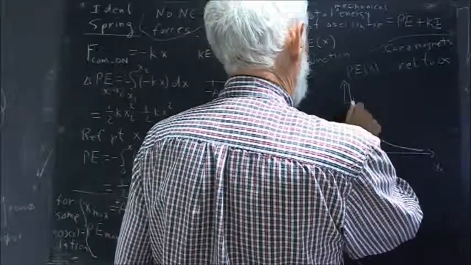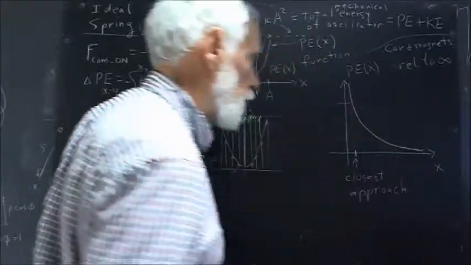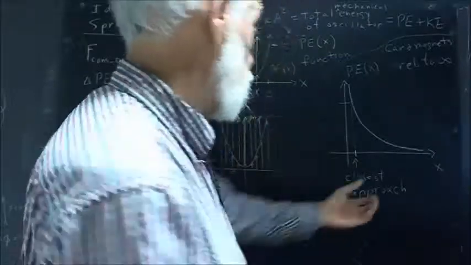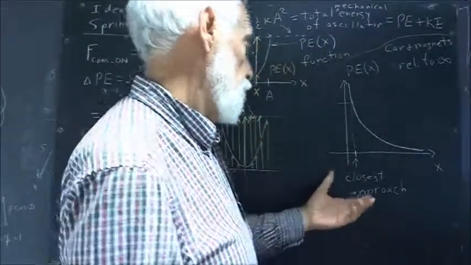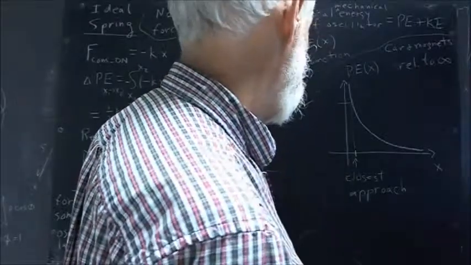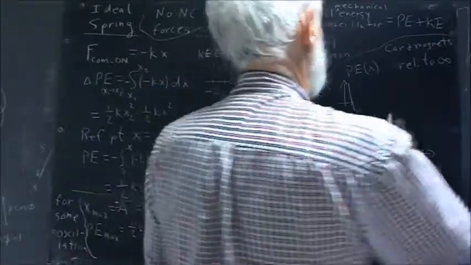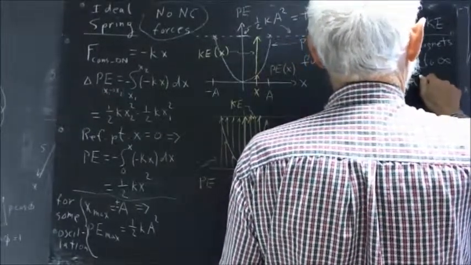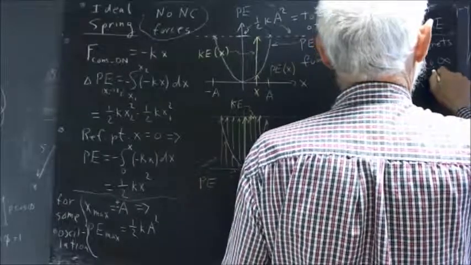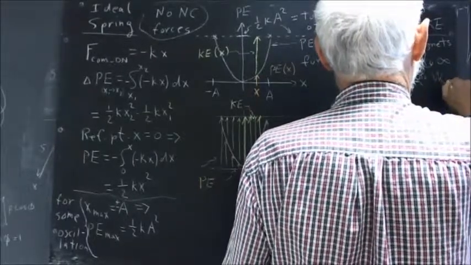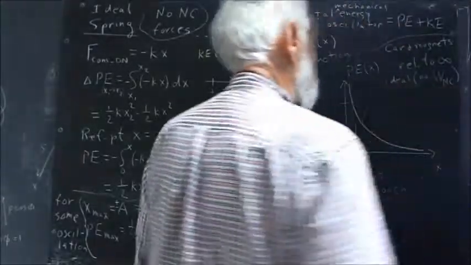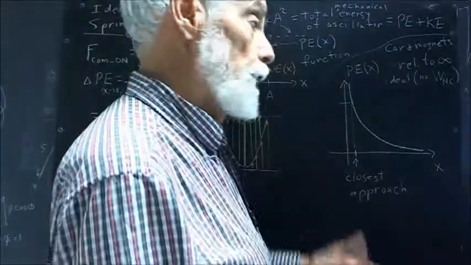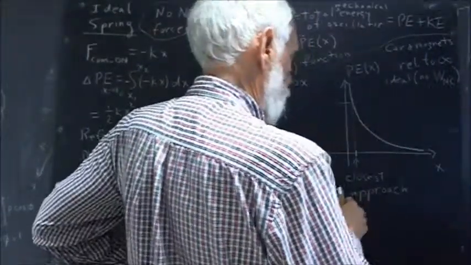so that we can project up here and get the potential energy at closest approach. Now we're going to take that as the maximum potential energy of our system because we're not getting any closer, and potential energy only increases if we get closer. We're going to assume an ideal case: I'll say there's no W_NC, no work done by non-conservative forces. No non-conservative forces present. Okay? In that case,